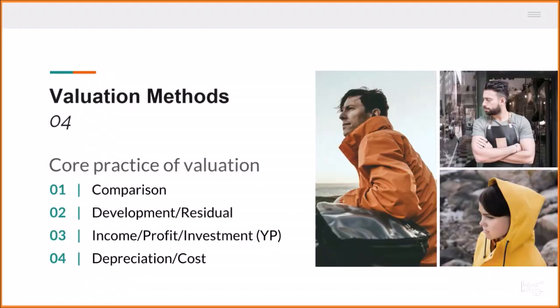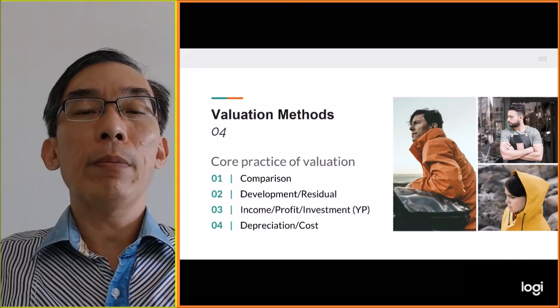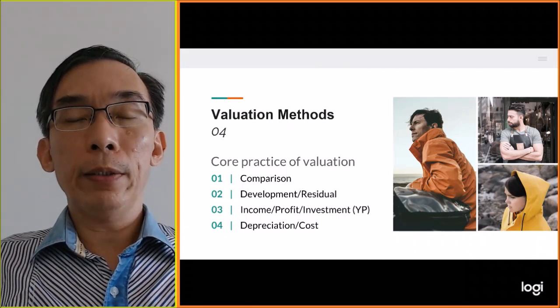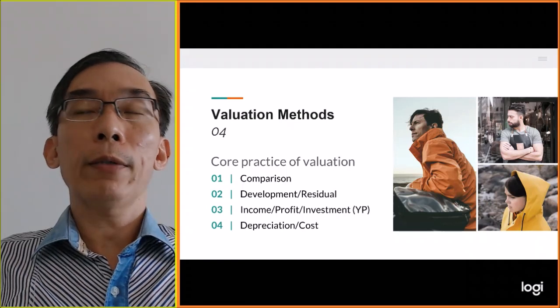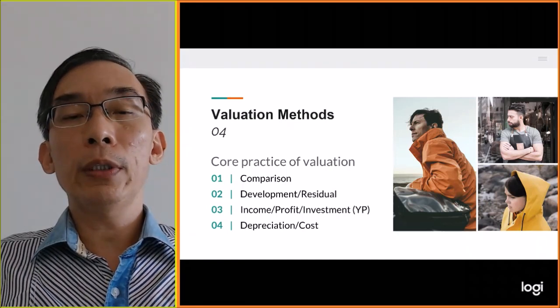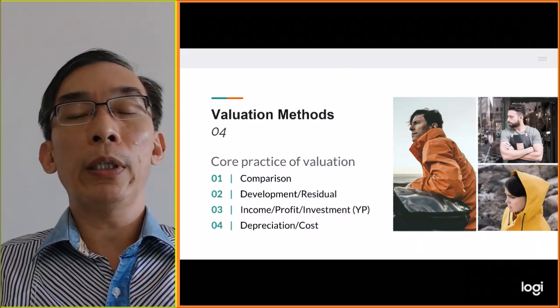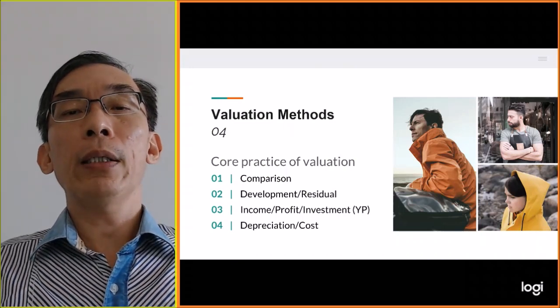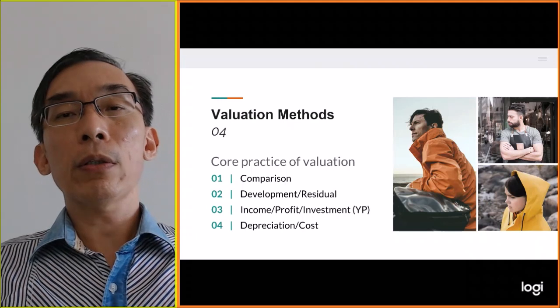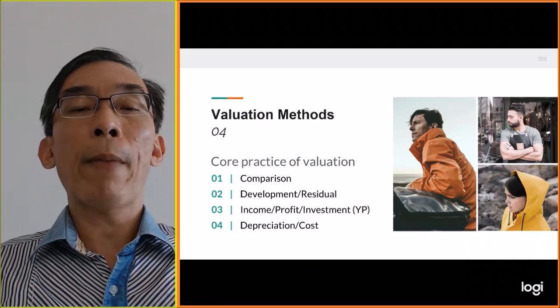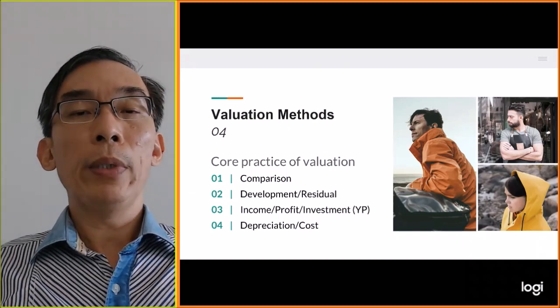Next is about valuation methods. These valuation methods are actually interesting, because there are four methods. The comparison method is the commonly used method. That means when we go to the bank person, saying that we need a quote for our customer to get a loan, this bank officer would have his panel of valuers. So you call up his panel of valuers and give the particulars of the property. After that, the valuer would check. How do they check? They check with recently transacted properties along the same street or in the same taman. So this is the comparison method.